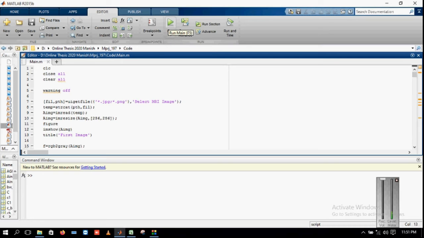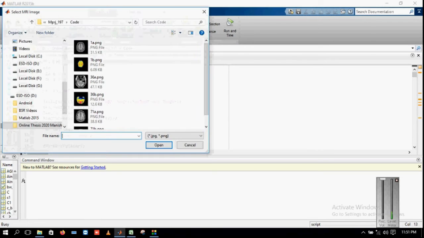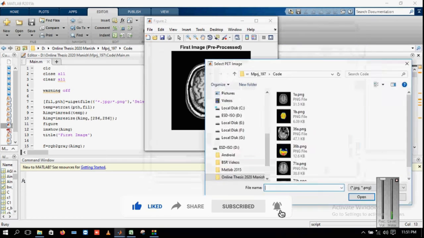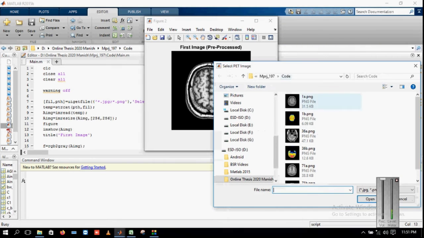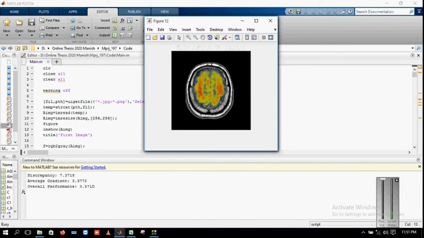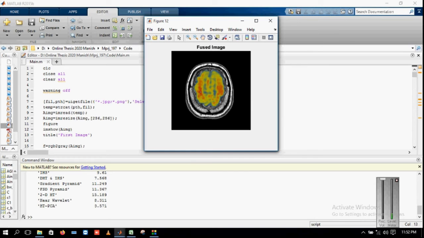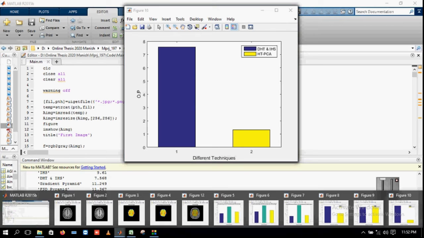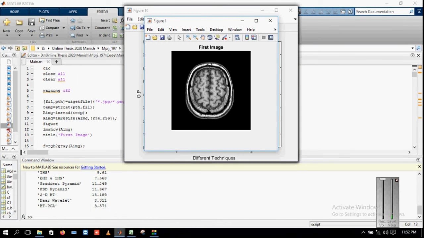So image fusion can be implemented for a number of applications. We are covering the medical field only, right? So for example, I have the MRI and the PET image for the same. The very first thing is the MRI image. I'm selecting the one, and it is showing me the pre-processed image and the original image. I will show you the difference once it is run. You can see the fusion of the two is being processed, and it is also compared with the previous technologies, so that we can prove that our technique is much better than the traditional one, right?